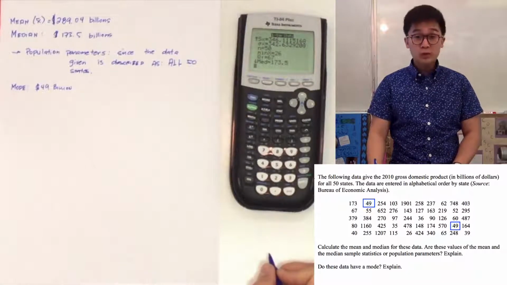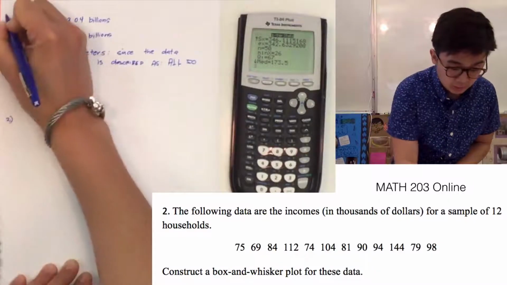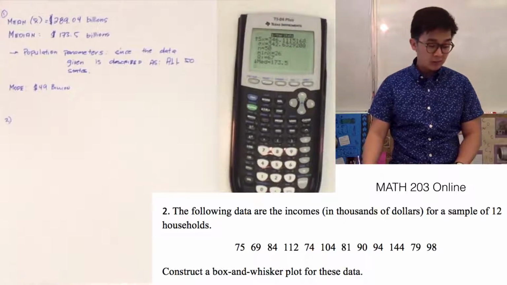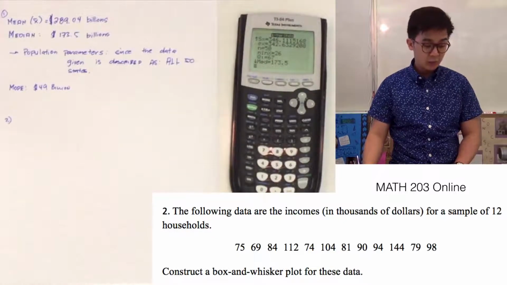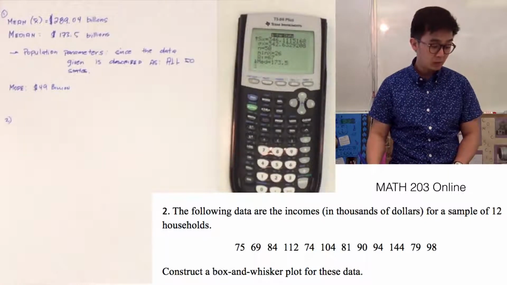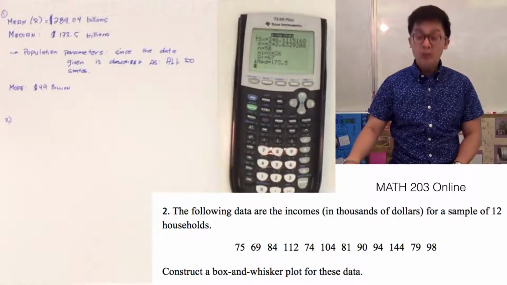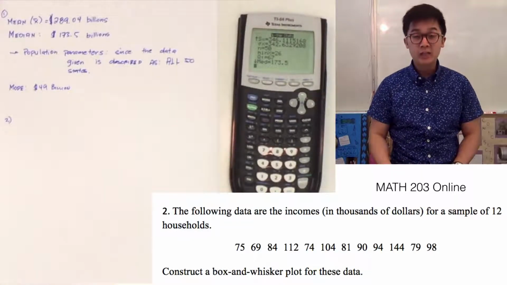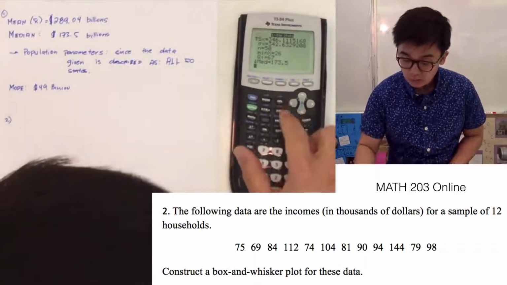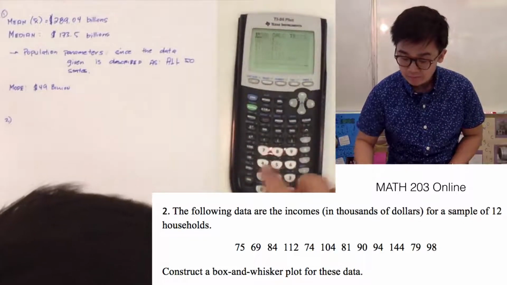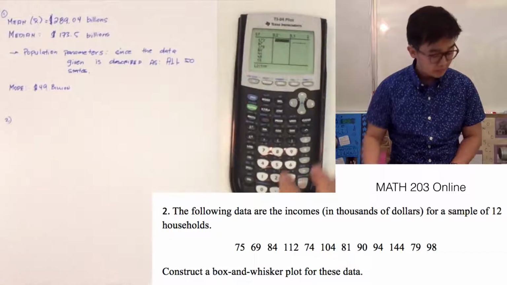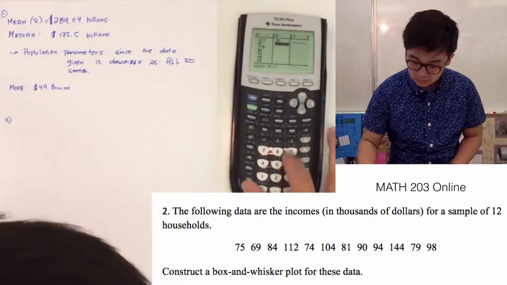Now, to answer question number 2, so this is number 1, we are given a data set of the incomes in thousands of dollars for a sample of 12 households. So we are supposed to construct a box and whisker plot for these data. Our TI-84 can also generate the box plot of your distribution. So all you need to do is to go to stat, go to edit, and let's use list number 2 for our second problem. So here we have 75, 69,